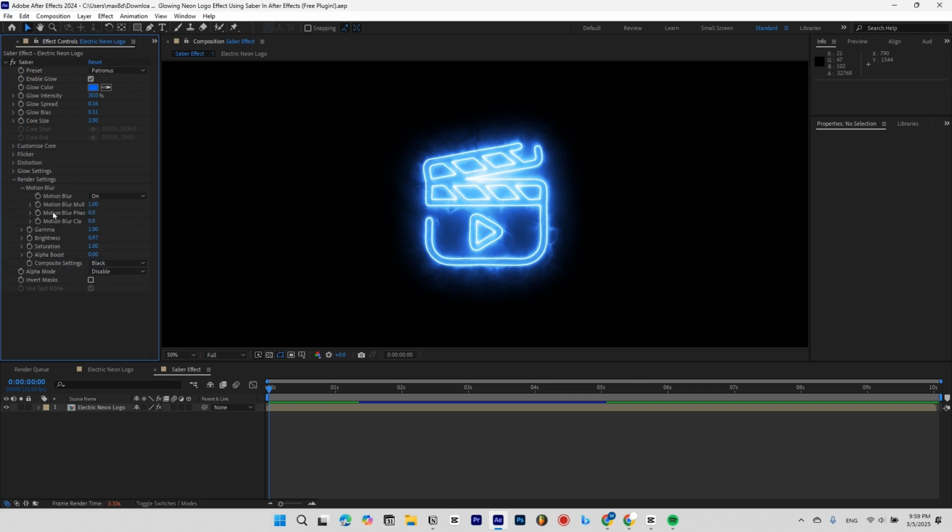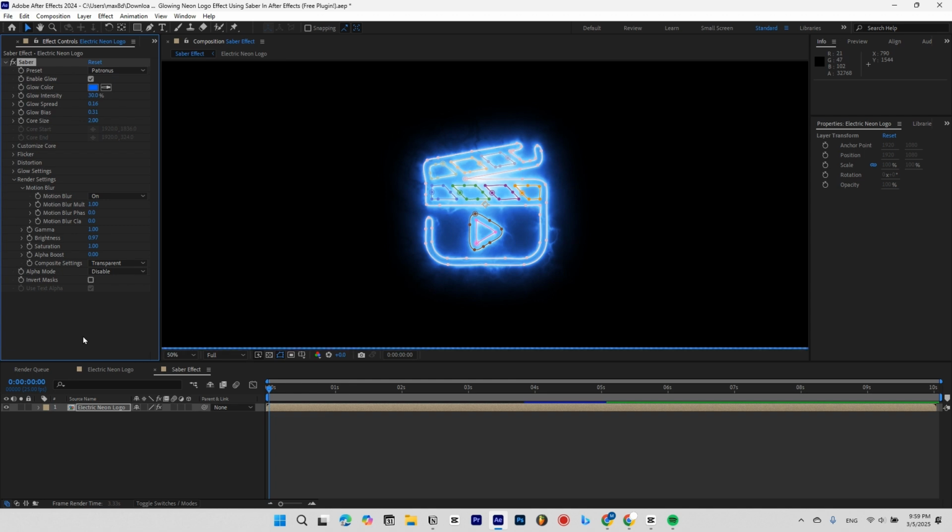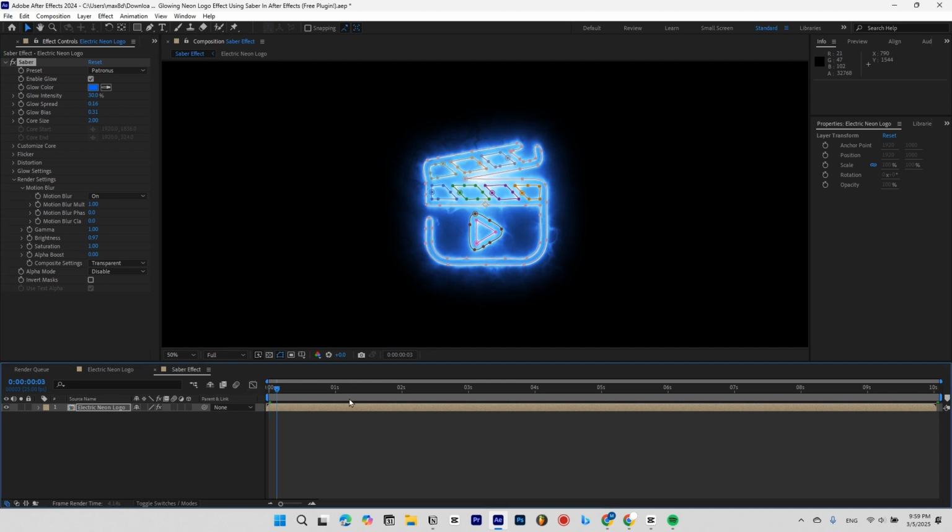Then, open up the render settings here and set the composite settings to transparent. This is really important because this will allow your logo to have a transparent background, which will come in great use later on. Finally, you can also add a tracing animation to your logo by first dragging your time indicator